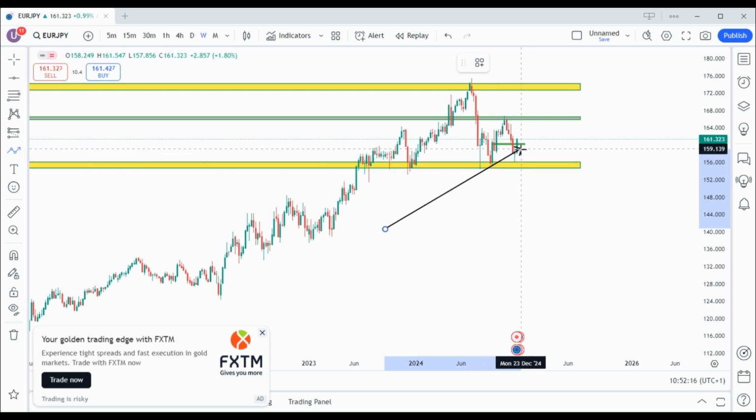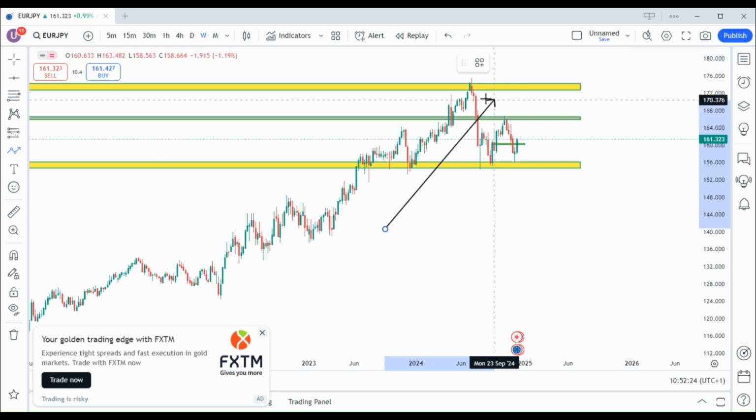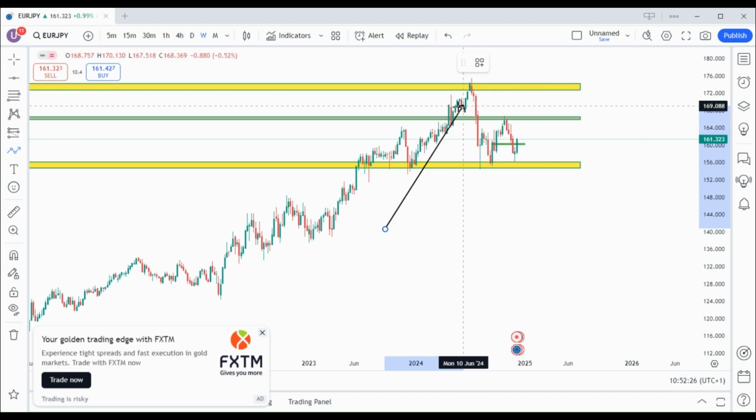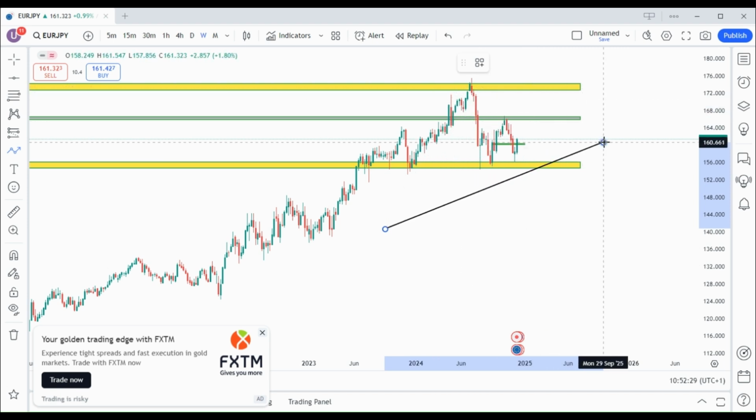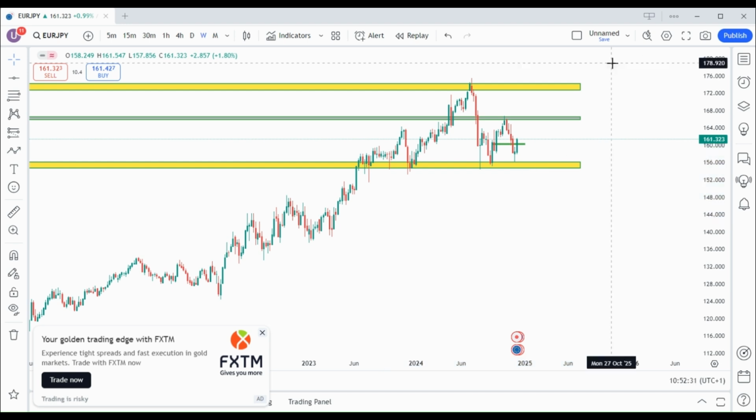You see that this is a bullish engulf candle creating a morning star formation here, signifying that this price is about to take off to where? To this yellow zone, our weekly resistance level. But before we go to there, let's go to daily time frame and see how we can take advantage